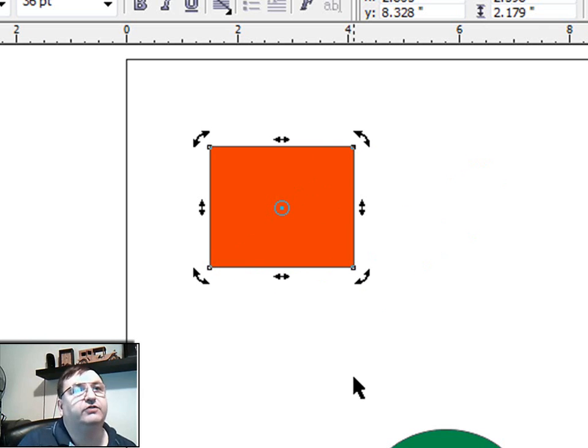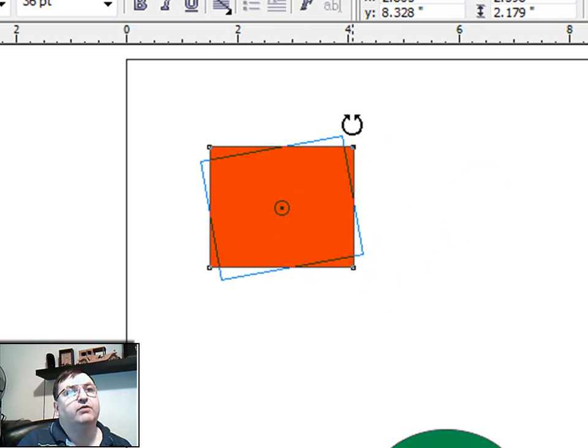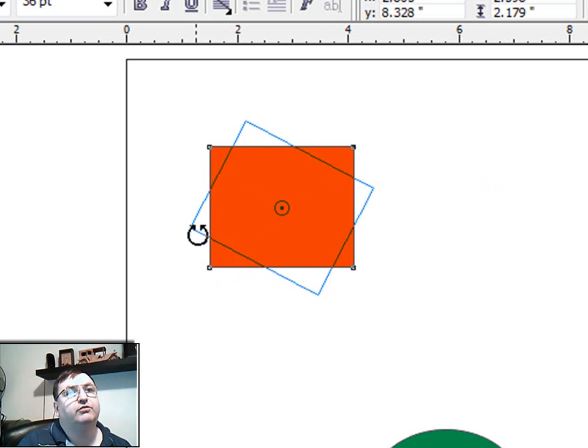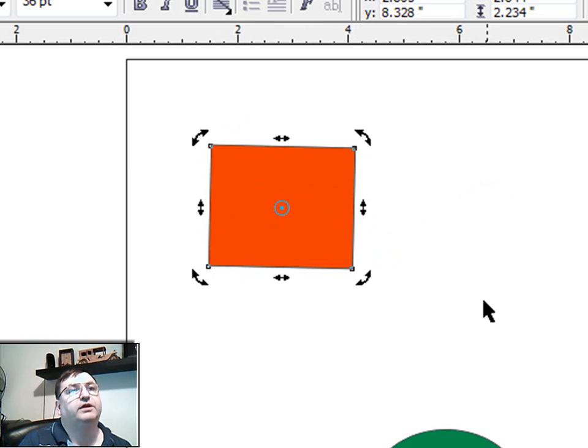Okay, the last thing that you'll see is this handle in the middle of the object that's selected, which is the rotation point, the anchor point. So right now, if I rotate this, you'll notice that the object is rotating around its center point, which is where the rotation anchor begins.